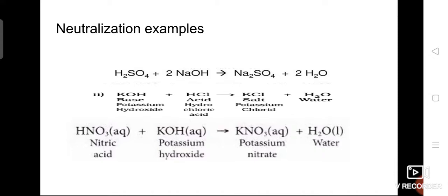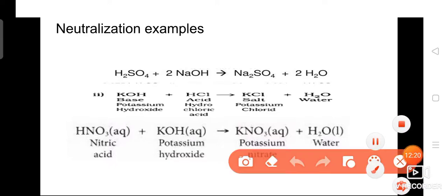So let us take some more examples of neutralization reaction, because you should not think that this reaction only works with hydrochloric acid or sodium hydroxide. So here some different acids and some different bases are given, and let's see what products are obtained here. The first reaction,